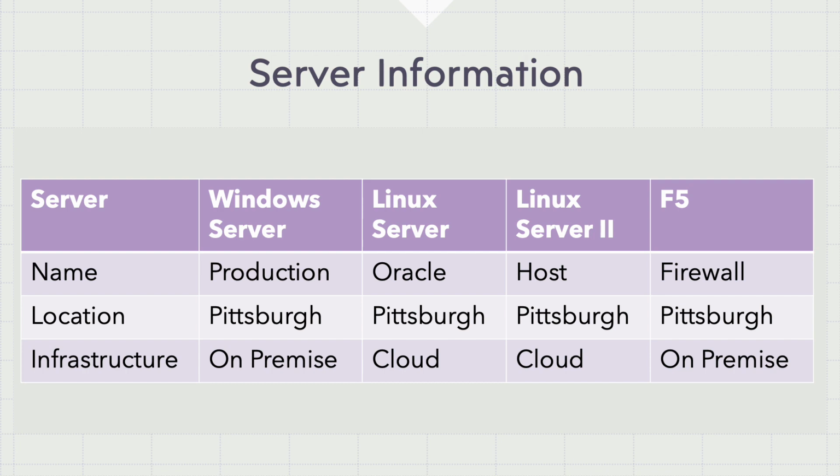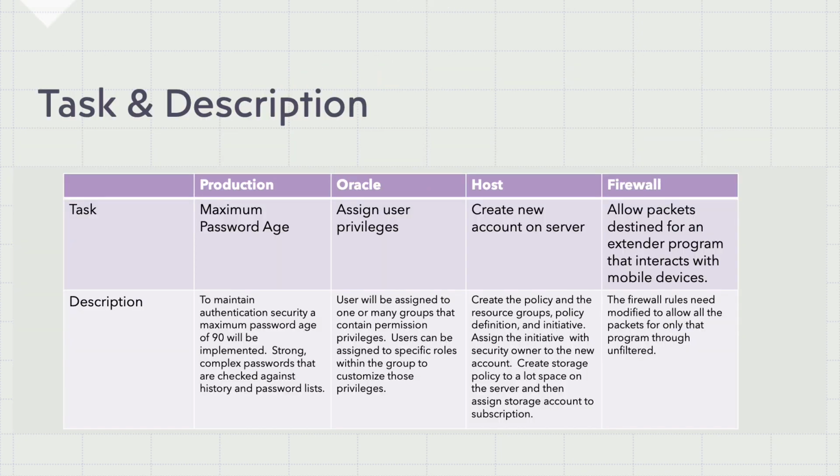The information on the servers has their names, their location, and whether they are on-premise or cloud. So the tasks that I chose that would require a security policy are